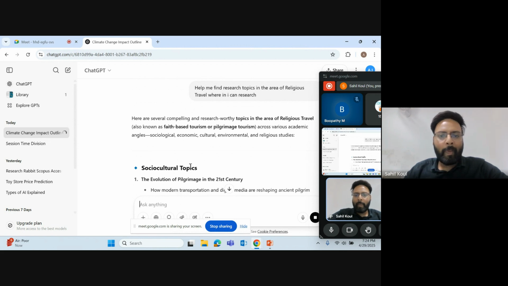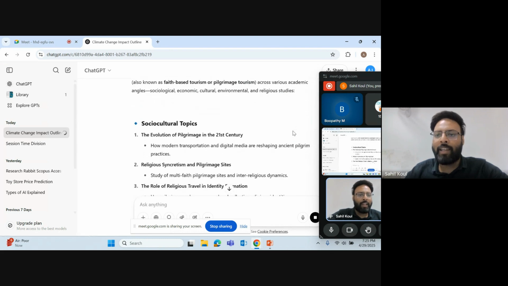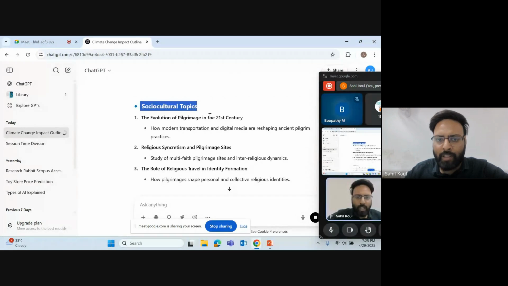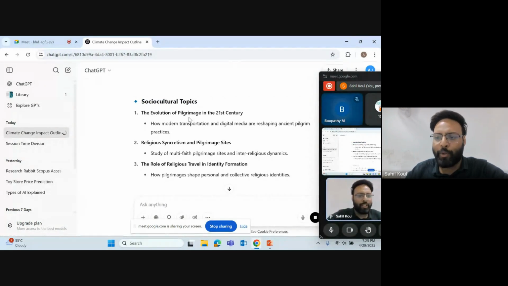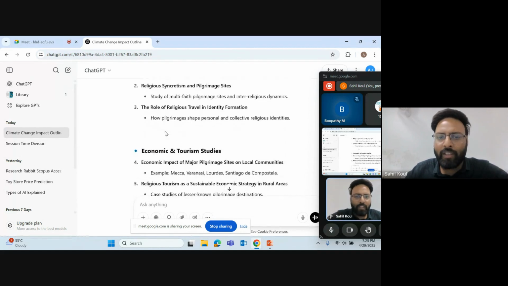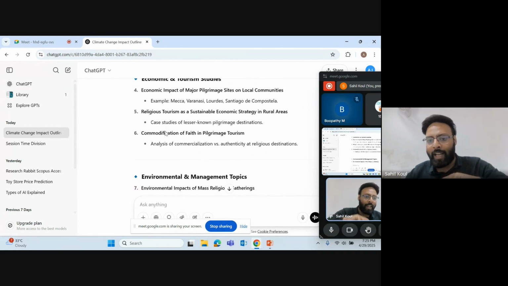Now see, once I have entered this, it is giving me the areas where I can put my research brain into. It is giving me some socio-cultural topics like the evolution of pilgrimage in the 21st century. It is giving me the economic angle of it and the environmental angle of it.